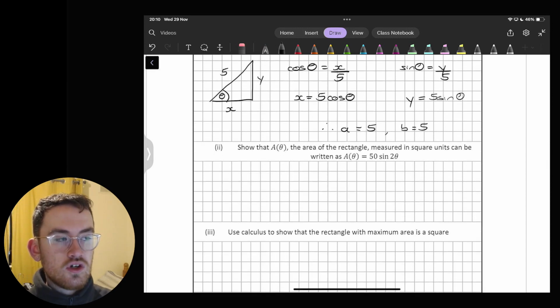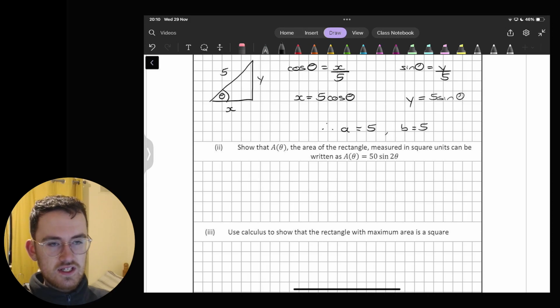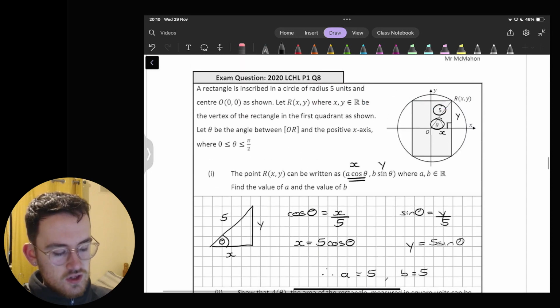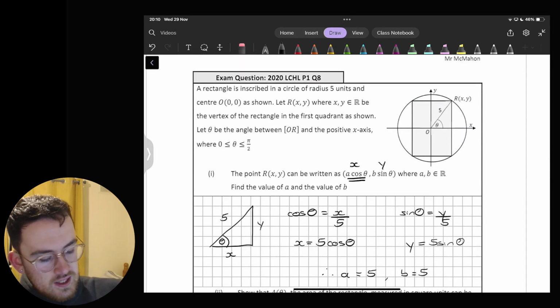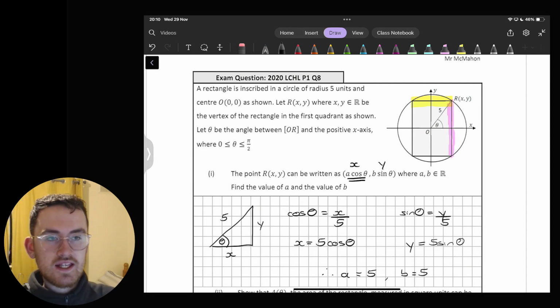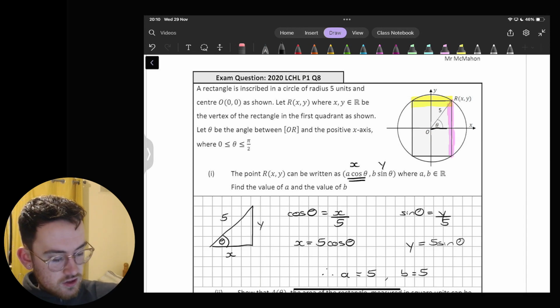Next off, we need to show the area of the triangle measured in square units can be written as 50 sine 2 theta. So let's have a look at this one here. Looking at what we have, this rectangle here, we would need this length and we would also need this length here. Now, comparing or using the points that I know that the x value that I've gone across here,